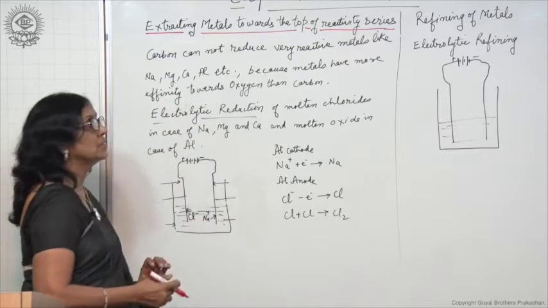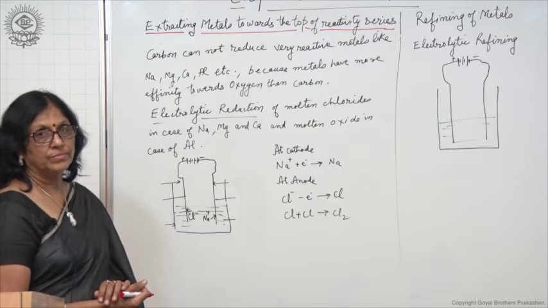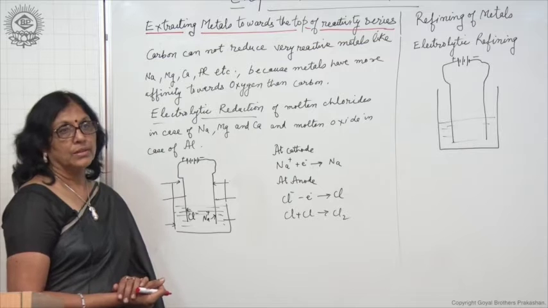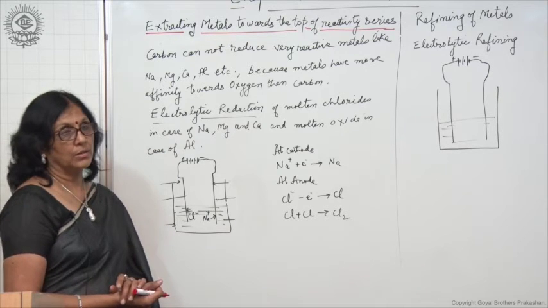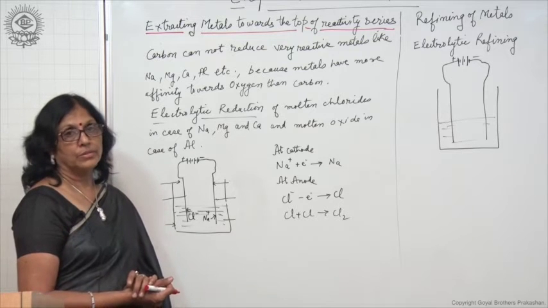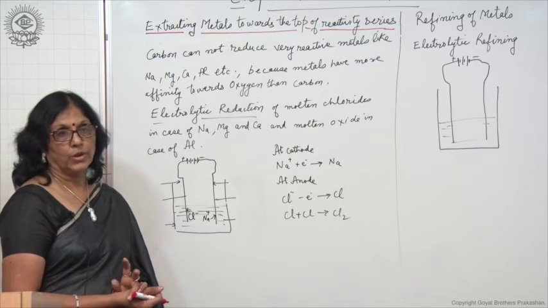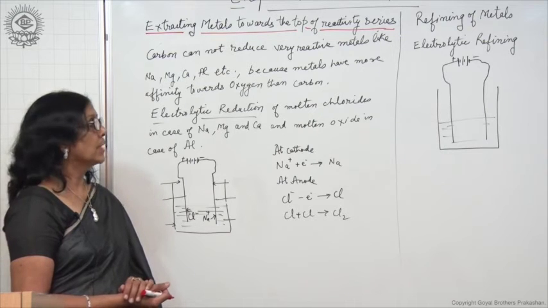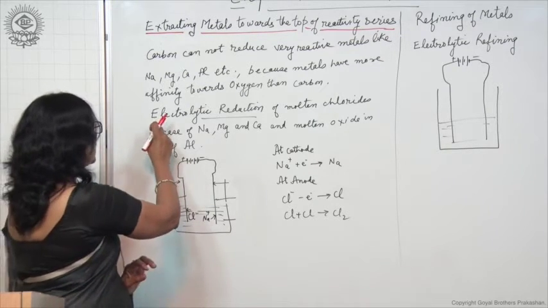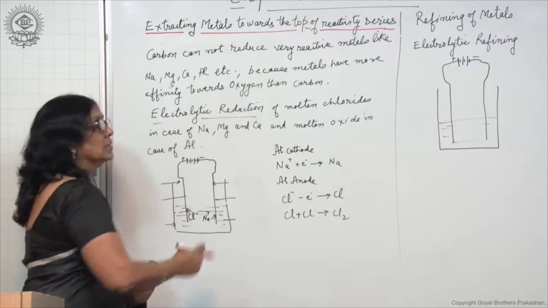Meaning of affinity is more attraction. Metals readily combine with oxygen as compared to carbon. So, reduction of such metal chlorides or oxides cannot be done with carbon,